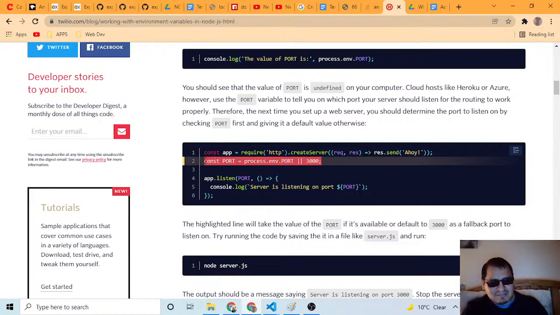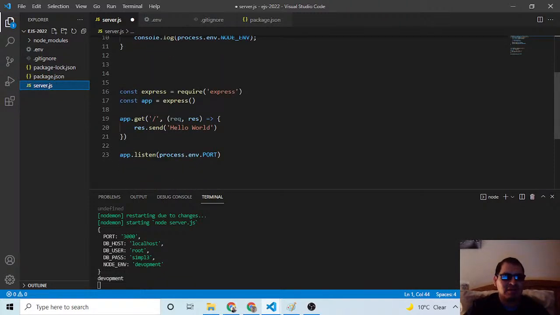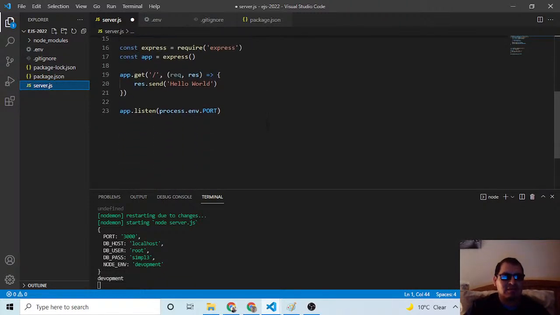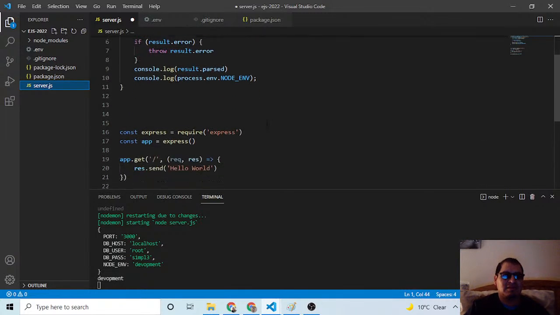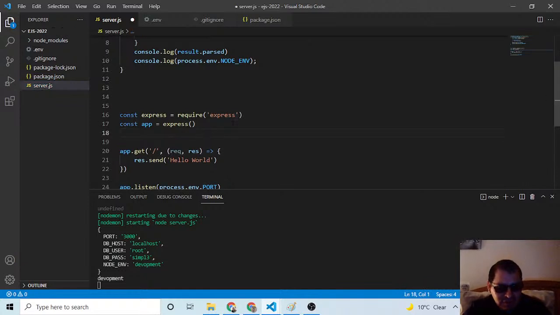So now what I can do is I'm going to also create a variable. My variable is going to be called port.